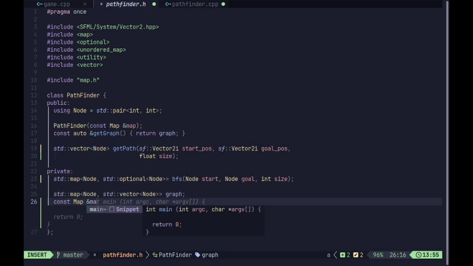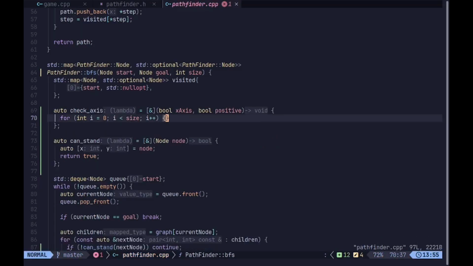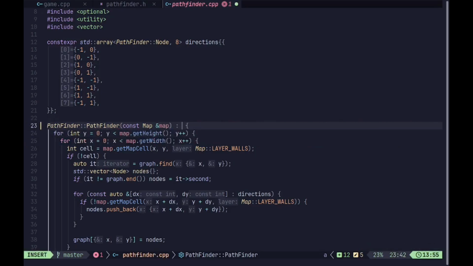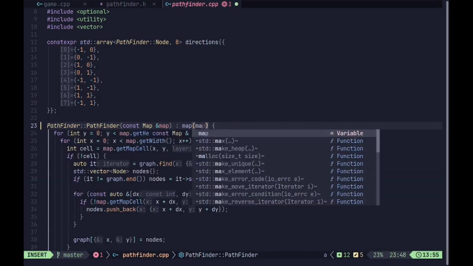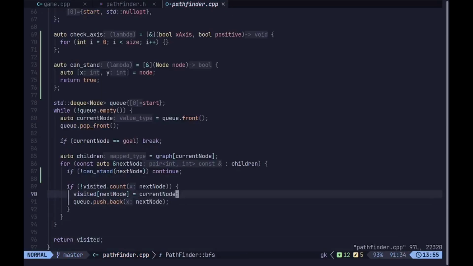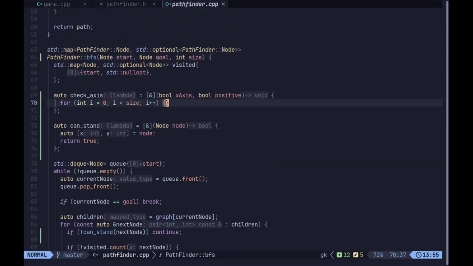So we are going to have a reference to our map stored in the Pathfinder, because that would simplify things a lot, and then in the constructor we are going to assign the reference to the map like that. Yeah, so basically that's it. And now, when we are checking the axis, we can go from 0 to that size,